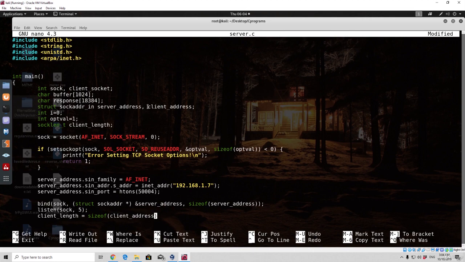So it already has a defined value or defined actual size. Therefore, we can store it before accepting the connection in the client length. And at the end, specify dot and comma. And the last part in accepting the connection is to actually call the client underscore socket. And therefore, in that actual variable, we are going to store the accepted connection from our socket, and we are